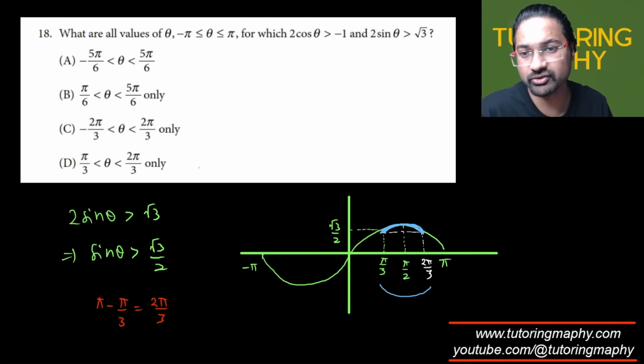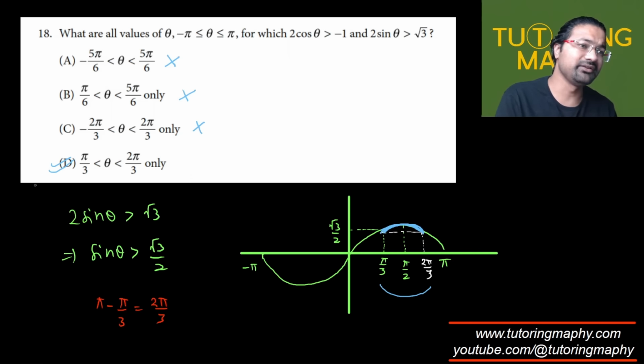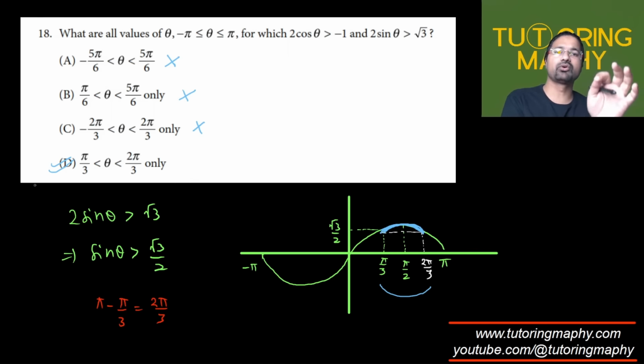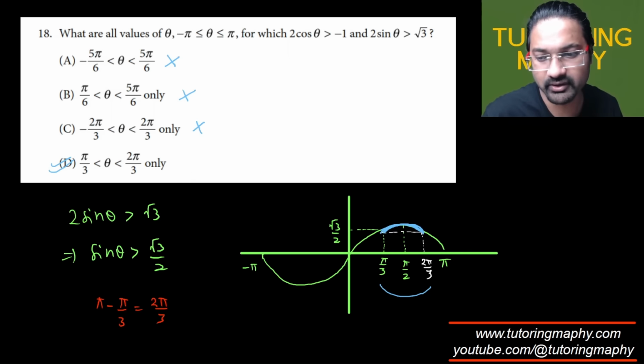So anything which is not here cannot be the answer. Obviously, this is not getting satisfied. Pi over 6 onwards cannot be satisfied. -2/3 cannot satisfy. It has to be option D. Even without seeing the 2 cos theta is greater than -1 option or solving that inequality, I know for a fact that it should be option D, because that is the only one which is satisfying 2 sine theta is greater than √3. Yeah. But just for the sake of clarifying, I'll solve 2 cos theta is greater than -1